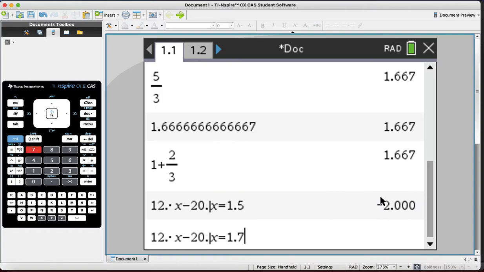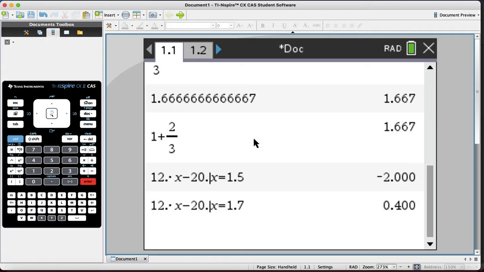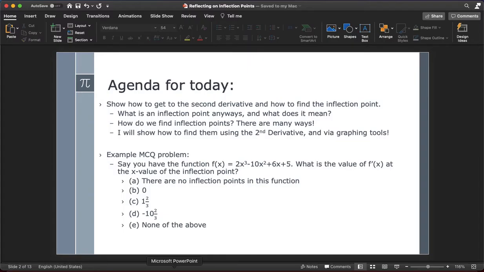And if I do x equals 1.7, to the right of our 0, I have a positive 0.4. So, is it an inflection point? Well, yes, since it's changing sign. And if we go back to PowerPoint,